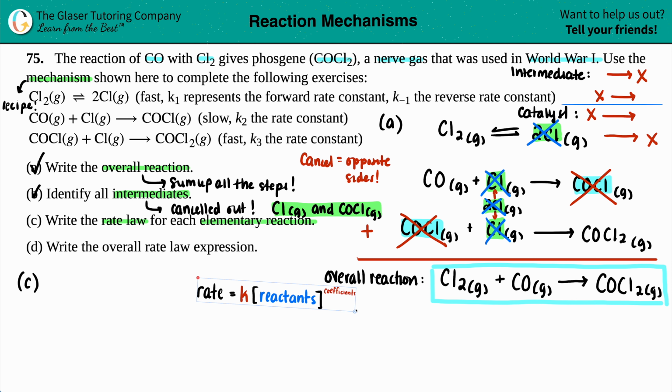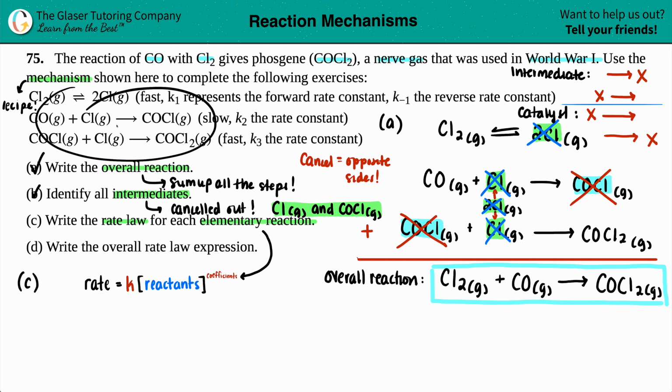Maybe I'll make this a little bit smaller. But the general formula for any rate law for any elementary reaction is rate equals k times the concentration of the reactants raised to their coefficients. Keep in mind that you are only allowed to use coefficients if the steps are elementary. And just know that always, every single time, if they give you a mechanism, if they give you that recipe, every single step, so in this case you got 3 steps, every step is classified as its own elementary step or elementary reaction. So we will be able to take those